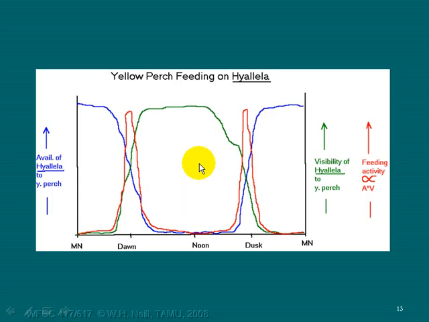So what happens is that you've got this visibility of Hyalella to yellow perch that's maximum during the daylight period, but you've got availability of Hyalella to yellow perch high at night and low during the daytime, because during that period they become virtually invisible because they are sticking to the Vallisneria and the